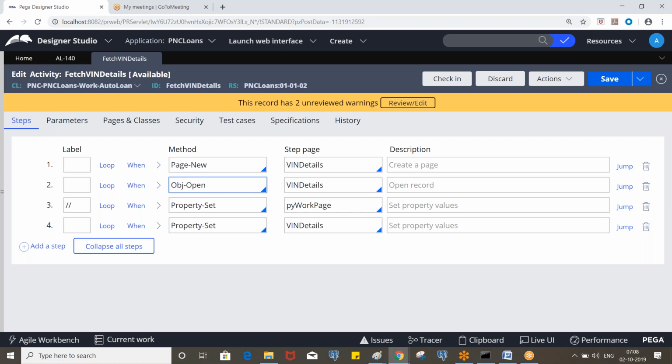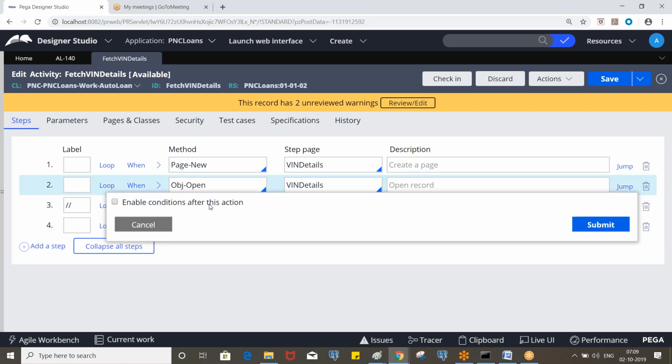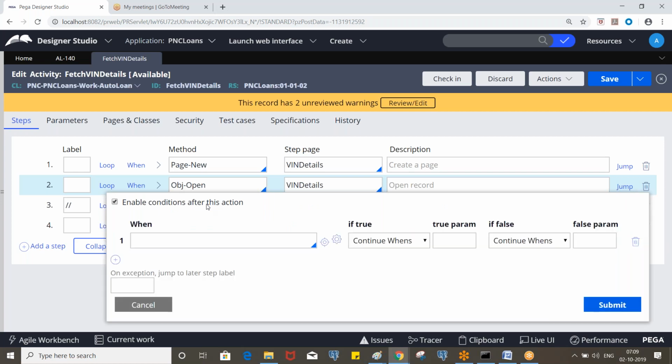Where do we need to call that when rule? When can we know whether the step has failed or not, before executing or after executing the step? After executing. Yeah. So click on jump here, enable the checkbox, and here we can call the when rule step status fail.